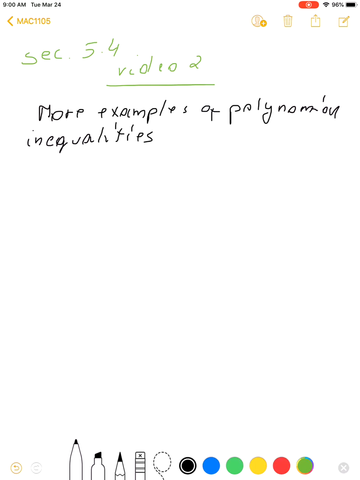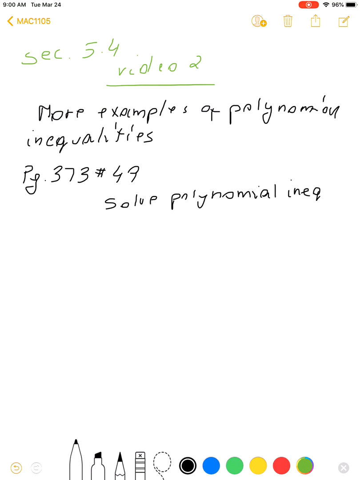So the first problem which I want to solve is from your textbook. This is page 373, number 49. So solve the polynomial inequality algebraically. Okay, and we have a nice inequality because it's already in factored form. X plus 1 times x minus 3 times x minus 5 greater than 0. Okay, so step 1,